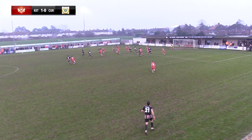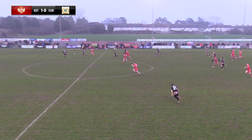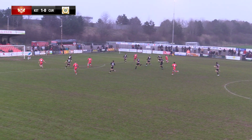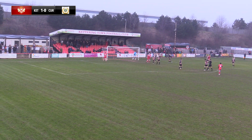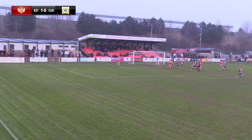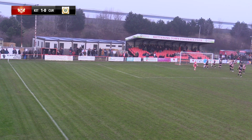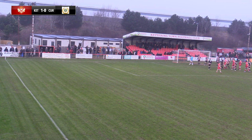Ball comes in and headed out by Kennedy towards Powell, who can't control it, but he's got the ball away. There's a thin red line if Powell can see him. Needs to switch it quickly. He's taking too much time though. Powell, he goes one way, goes the other. Powell comes in, shoots, and he should have given the ball. But it's a corner. It's a shame though, Powell couldn't get his head up because Crawford was free on the back post. He would have busted a gut to get in there to join him, but as it was, the cross came off